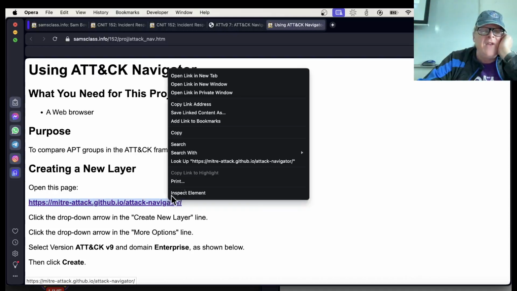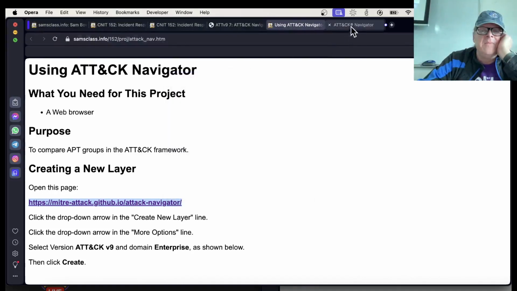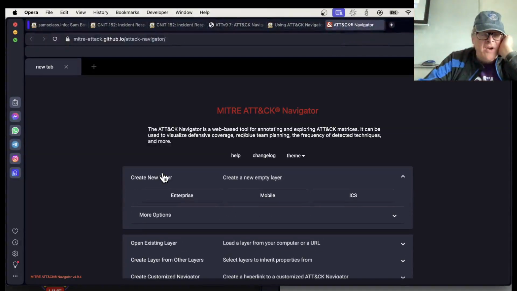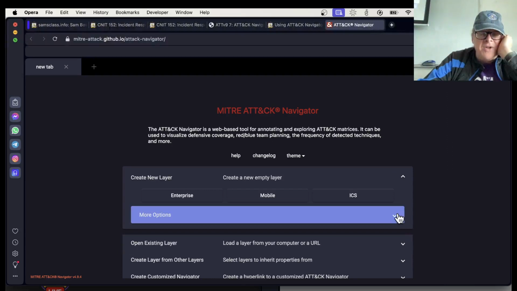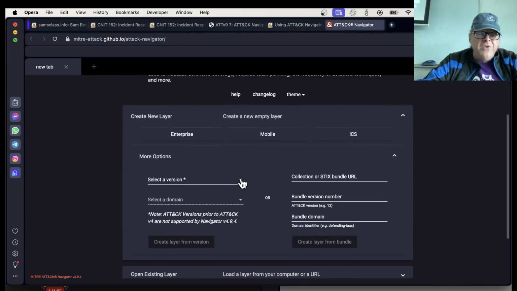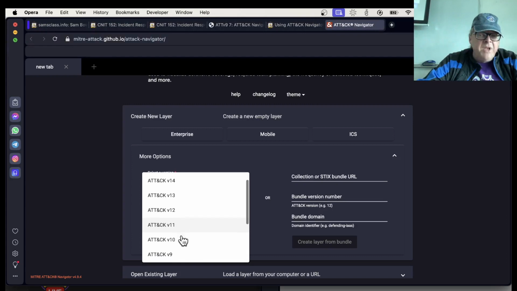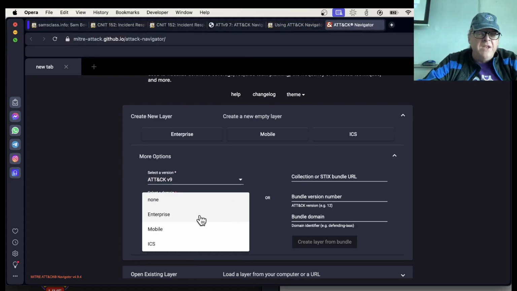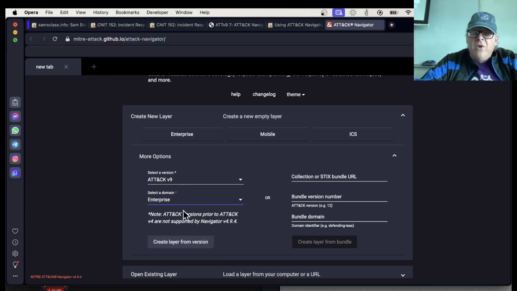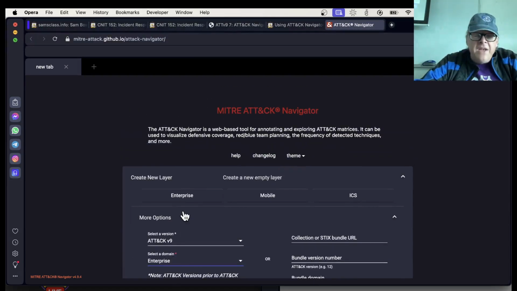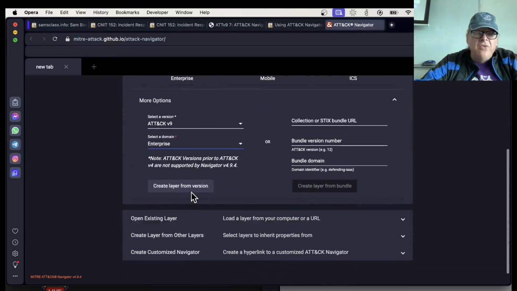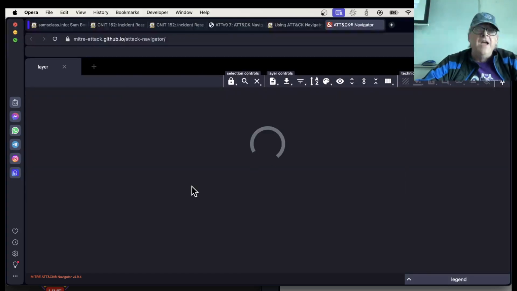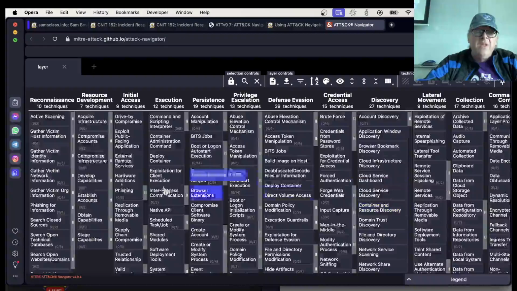I open the Navigator. I create a new layer. More options. There we are. Now I can choose a version. And the version is going to be 9, which, as you can see, is several versions back. I haven't updated this in a while, and the domain is enterprise. So do that, or you won't find the flags. And then I'm ready to create my new layer, create layer from version. There we are. And it creates a spreadsheet listing all the